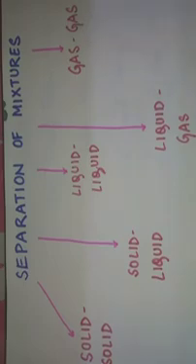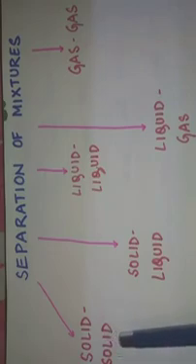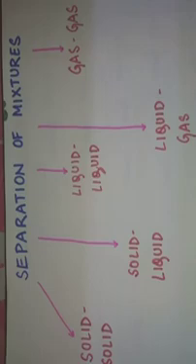Now today in our video, obviously we will not be able to cover all the 5 of them. So we will cover the first 2 of them, that is solid solid mixtures, a mixture comprising 2 different kinds of solids or maybe 3 different kinds of solids, and solid liquid mixtures where one component of a mixture is in solid state and the other component is in a liquid state. That doesn't necessarily mean that there are just 2 components in a mixture. There might be more components, but at least one has to be in the liquid state. So our topic of discussion today is solid mixtures and solid liquid mixtures.